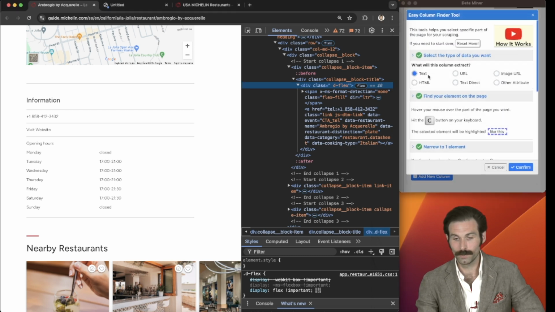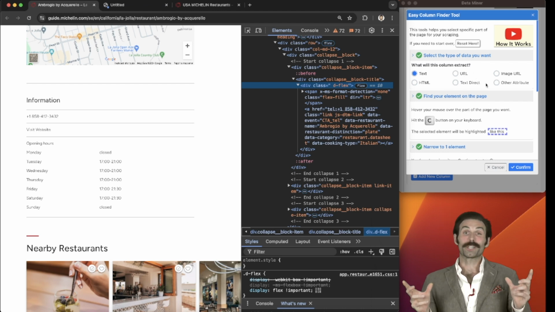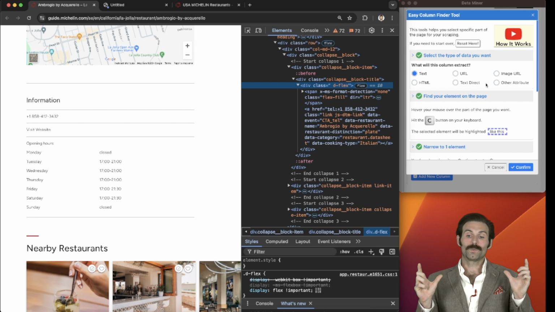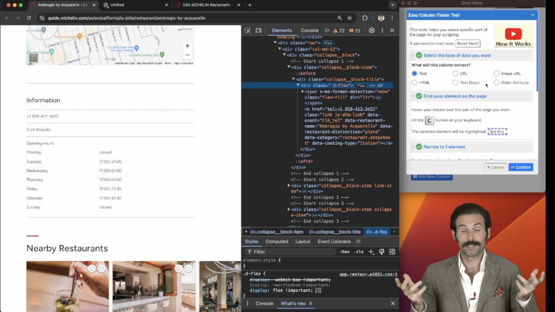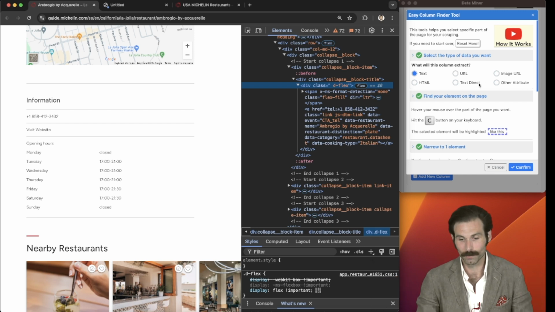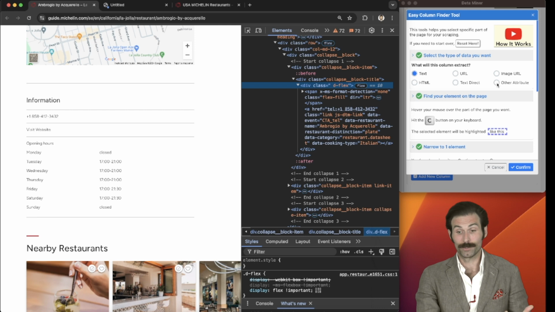What we can do is change Data Miner from looking for text to, and this is tricky, there's no cost in trying all of them just to see if one of them works, but we would think it is an attribute